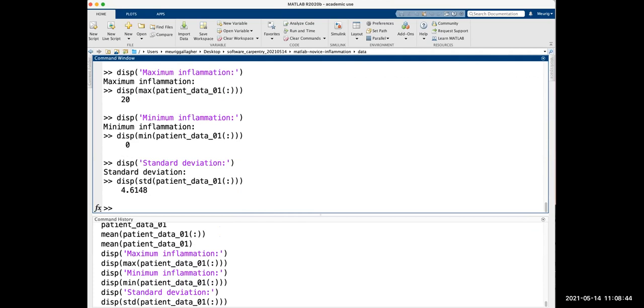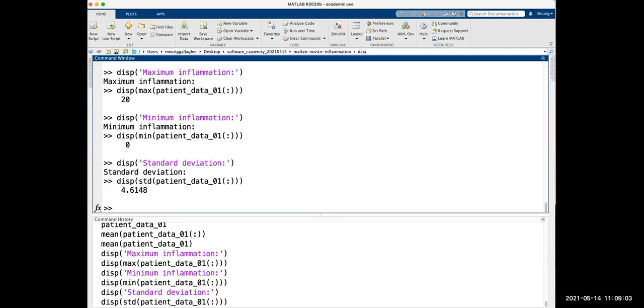Obviously, this is numeric data, so we're asking max and min and standard and things. But if you were doing strings, you could do searches, or you could do lots of things on your data and try and work out what's going on. But often, maybe we don't want to know just what's the maximum of our whole data set. We want to split it up into something more sensible based on what we're looking at.